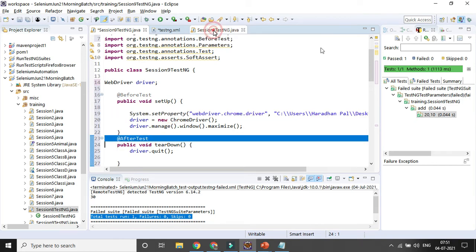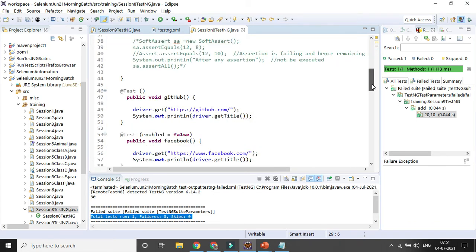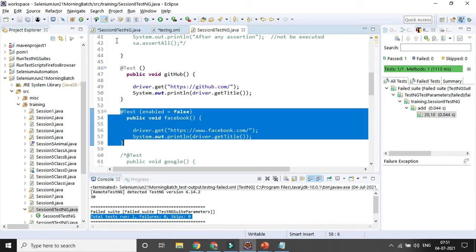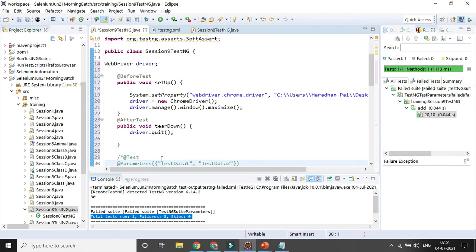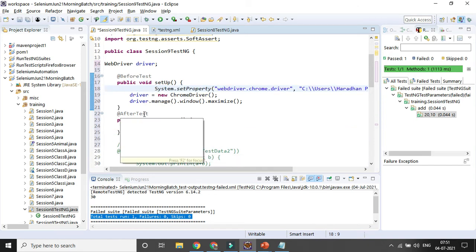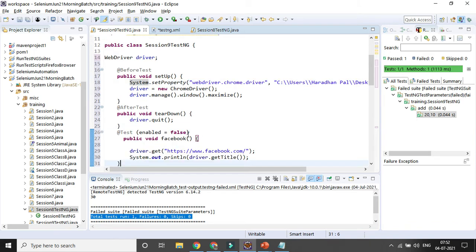And then I will want to launch a particular application, right? Suppose say I want to launch a Facebook page. Okay, so you can easily launch it, right?